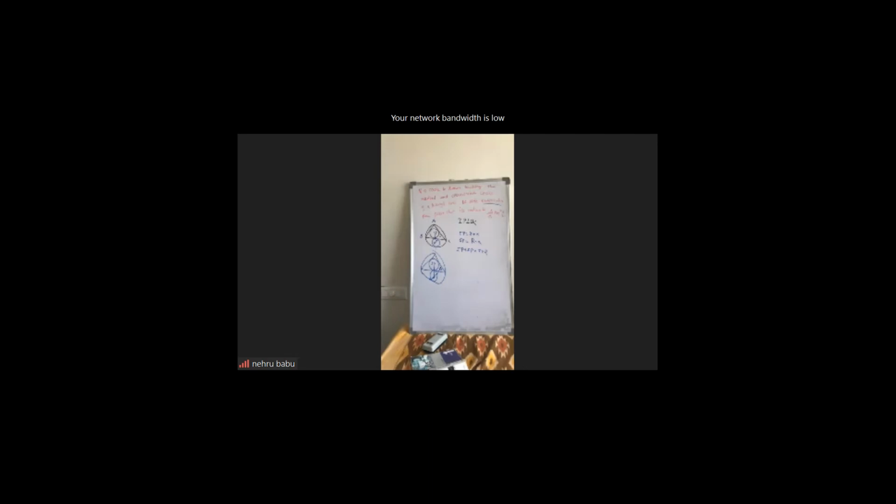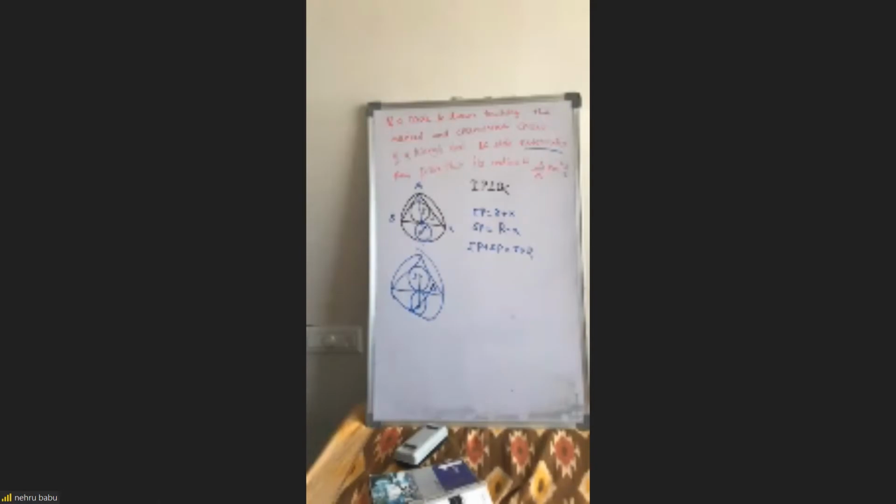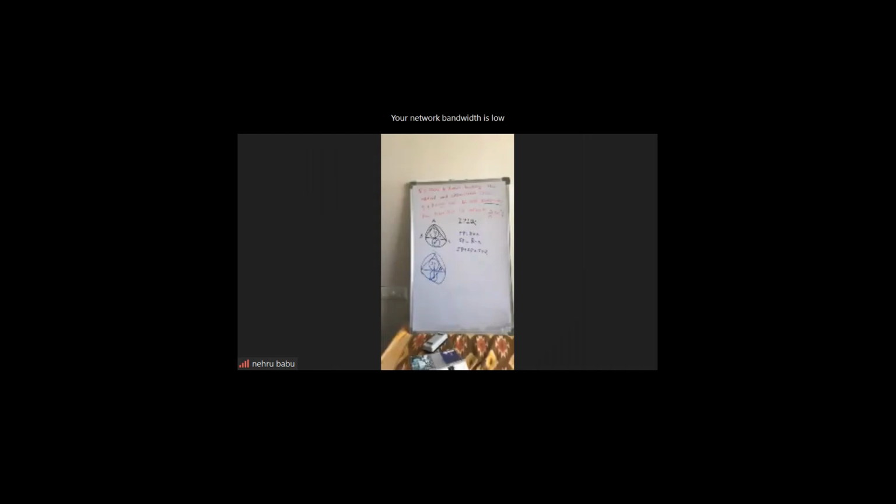Say once again. Sir, AI is the internal angular bisector, no, sir. Correct. And the circle is passing through the point where it touches the side BC, no, sir. This point I didn't understand. The circle is touching the line BC, no, sir. Correct. Through that point, that line AI should pass, no, sir. It won't pass. It need not be. Why should it?